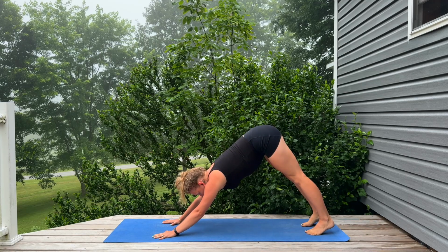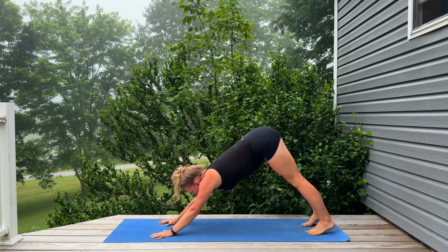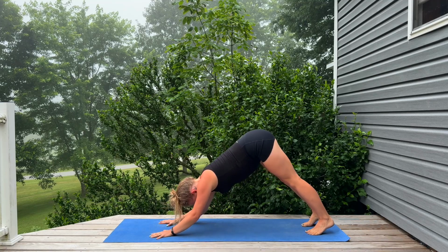Can you drop both elbows to the mat at the same time, landing in a dolphin pose? Firmly pressing down through the palms, lifting both elbows off of the mat at the same time. Couple more times, just like that, lowering the elbows, pressing them up,